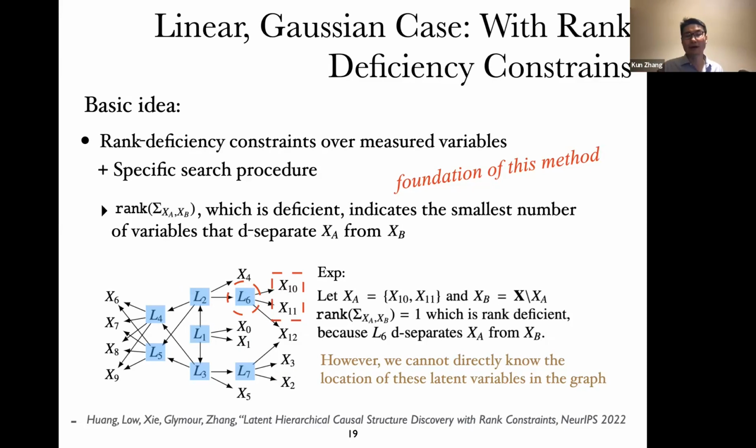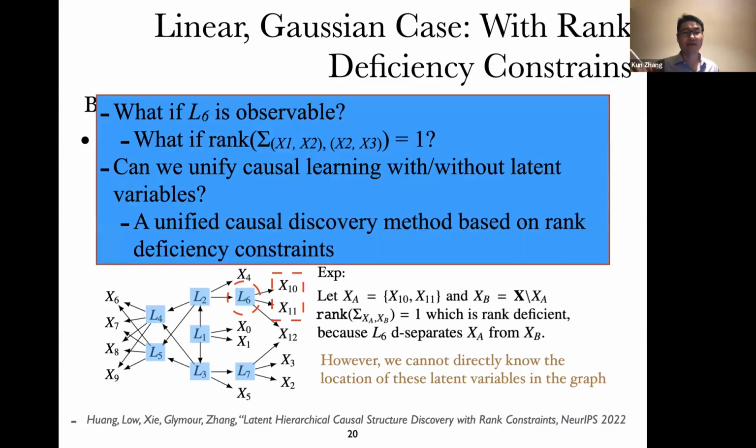Why can we do that? It's just because even a conditional independence test, or in particular, a partial correlation test, is a special case of the rank deficiency condition. Why? Let me give one explanation. So right here, we have two sets of variables, A and B. In this case, A and B share one variable, which is x2. Suppose this rank is 1. What does it mean? It means that A and B are related only via one kind of bottleneck variable. X2 is already shared. So this is equivalent to the condition that X1 and X3 are conditionally independent given X2.